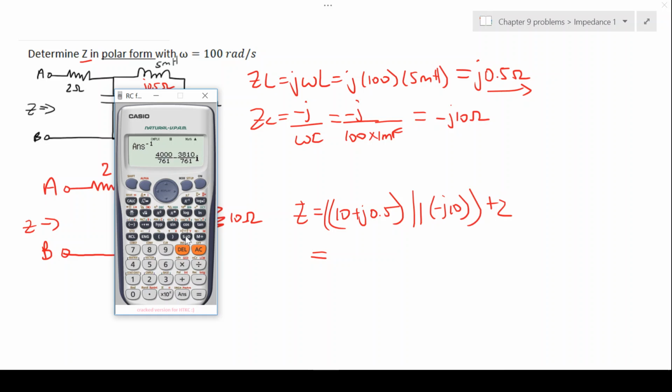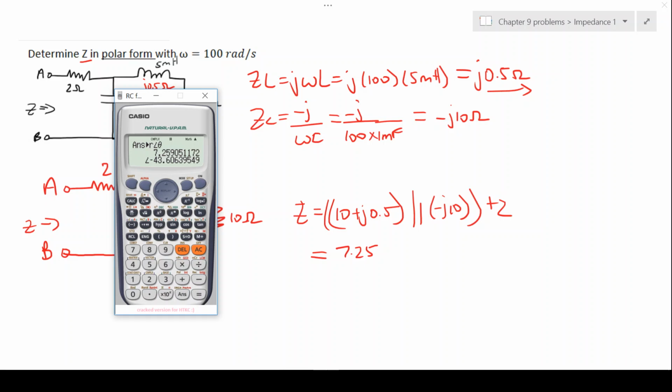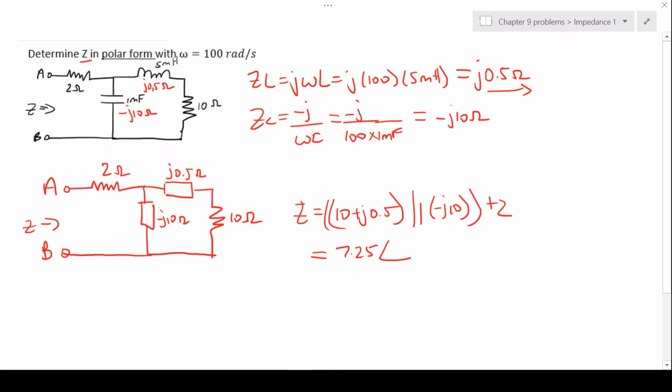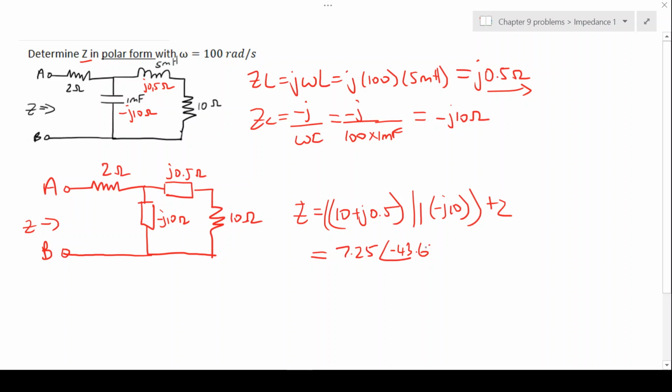and that gives us a value of, let's get that in polar form, 7.25 at an angle of negative 43.6. And that is in series with the 2 ohms, which then gives you a final value of 7.25 angle negative 43.6 plus 2,